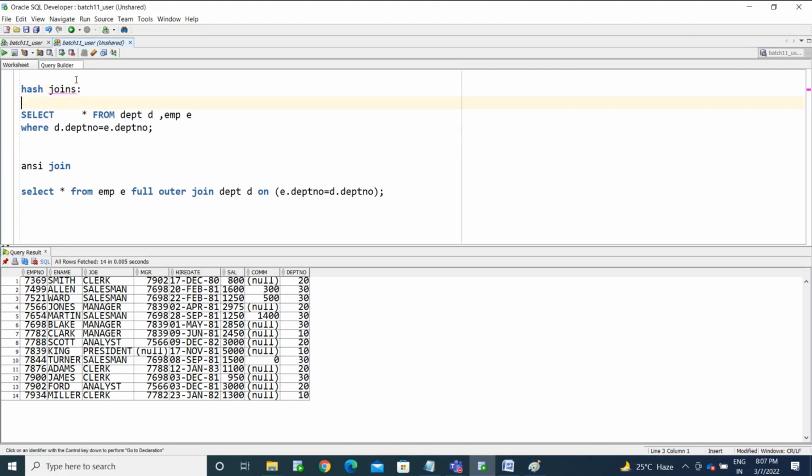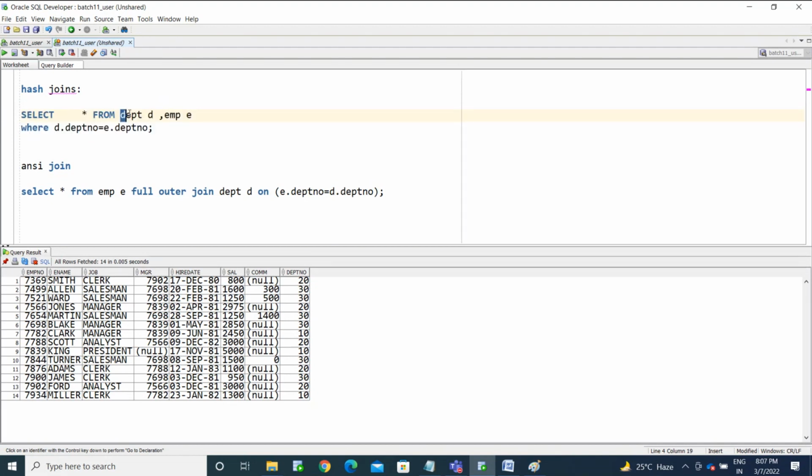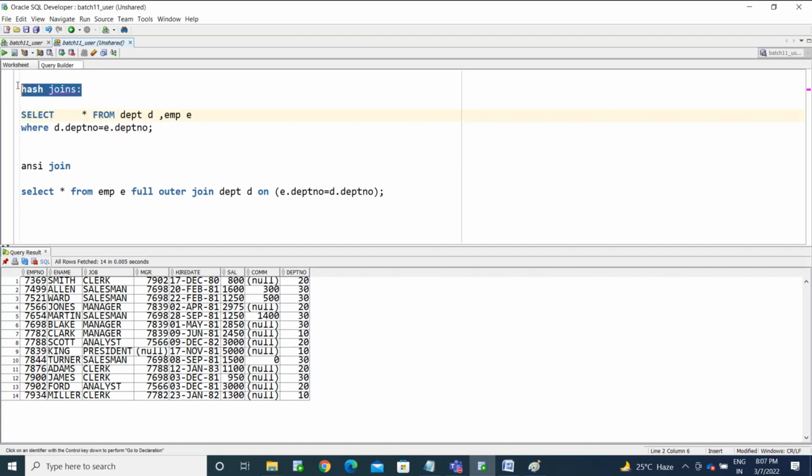So in the places where you see the FROM clause having more than one table at a time, this is called the old joining mechanism, which we can say is a hash join. If you are seeing an inner join, left join or left outer join kind of things, we can say it's an ANSI join. Okay, so